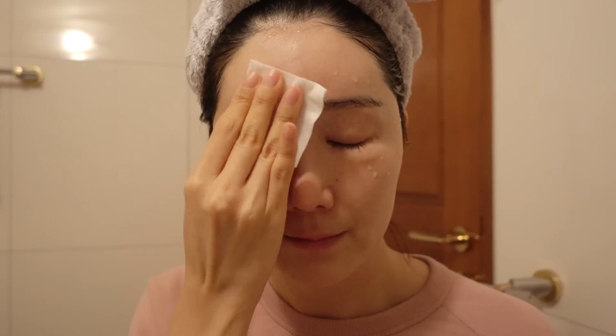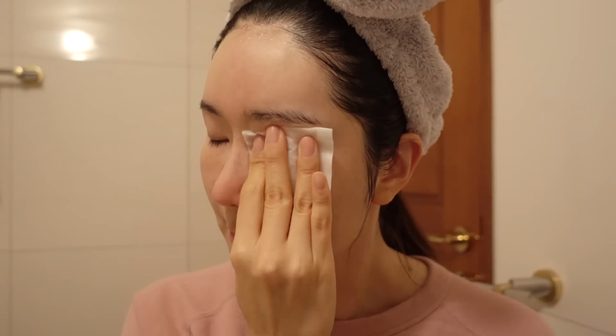So this KLAIRS Soft Skin Hydrating Water, which is humongo, has 45% green tea. It's a great antioxidant, also is super calming, and the texture itself is really watery. It's really fresh and light. I feel like all skin types will really like it if you're looking for a watery toner. And it's also vegan friendly and cruelty free, and because it's so humongous, I feel like you can use it for a very long time,